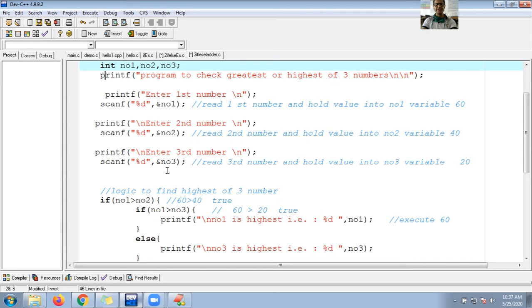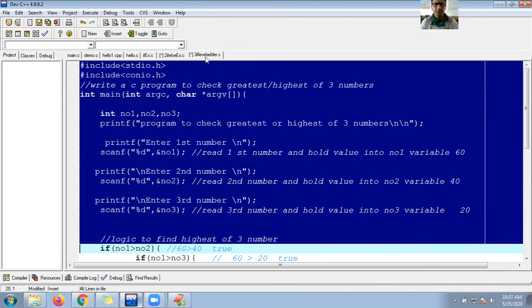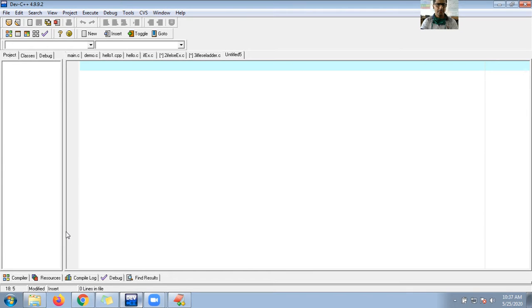So I'm going to use the same logic, the logic to find the highest of three numbers, but by using the if else ladder. So this is not a ladder, this is nested, guys. Now let me try using the source file. Actually, in the workspace, let me close this program.